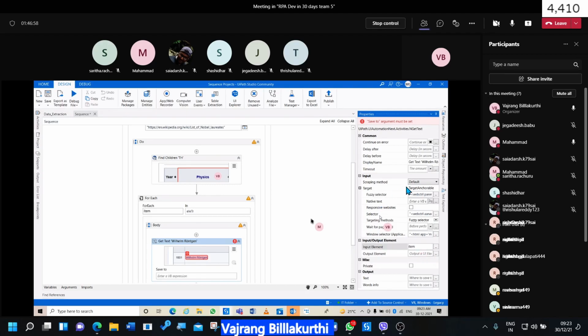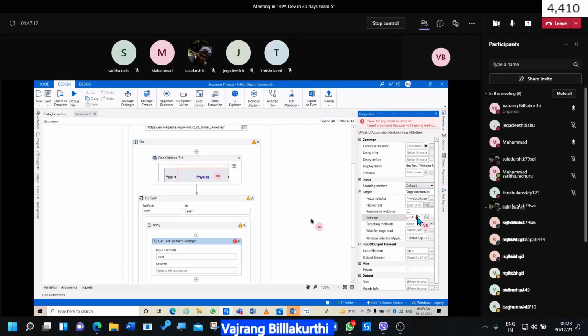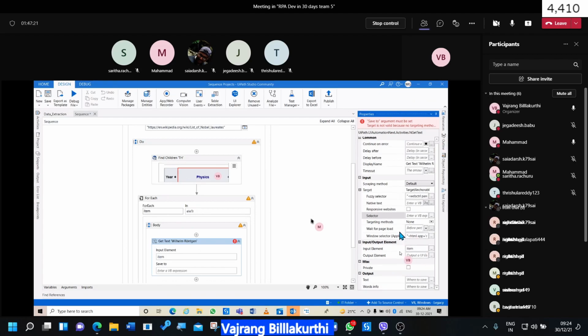So instead of this particular selector, you can remove the selector. Save to target must be set. Target is not set. What is save to target? Output. Row text.